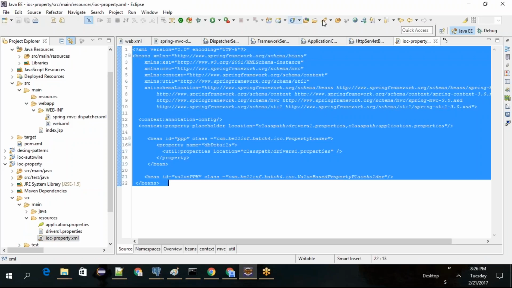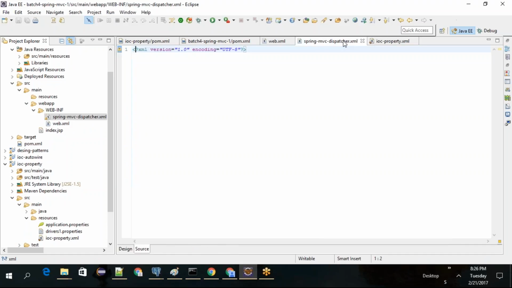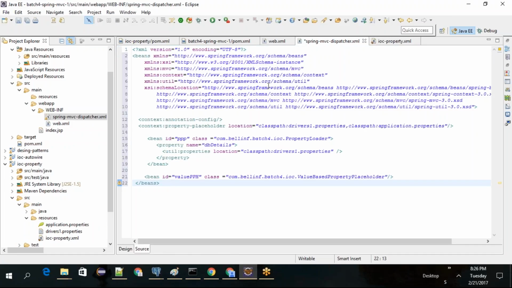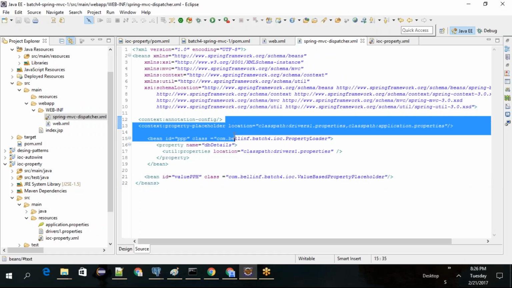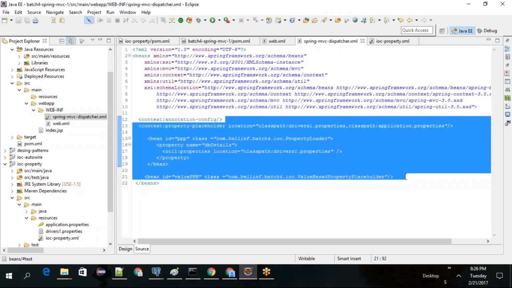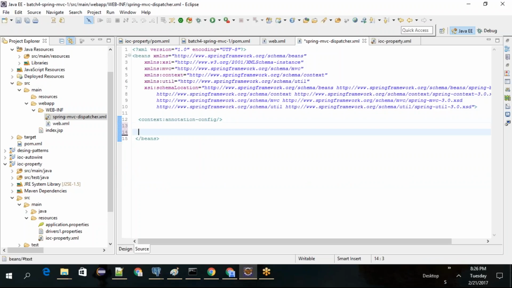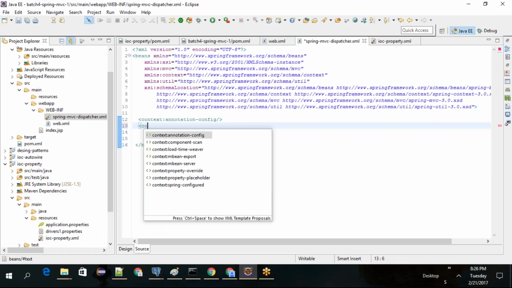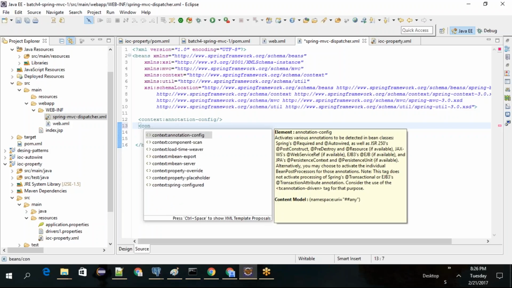Let's copy paste and remove it, right? That would be the best. And then this piece we need, right? Okay. And then one more thing what we used to do, context component scan,